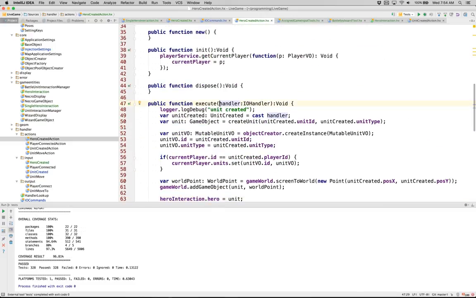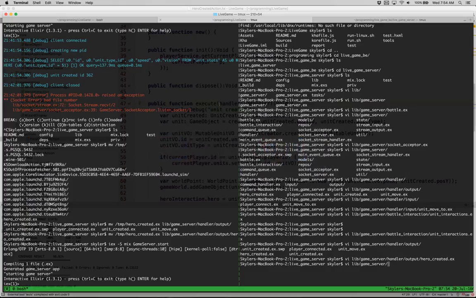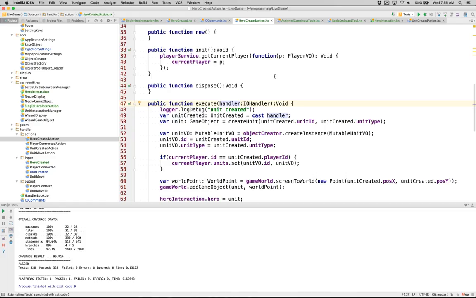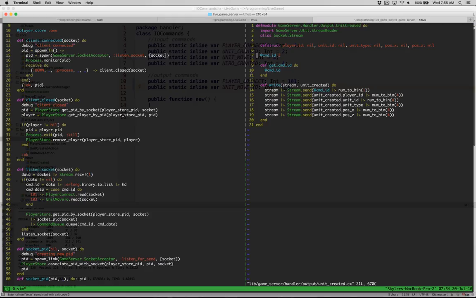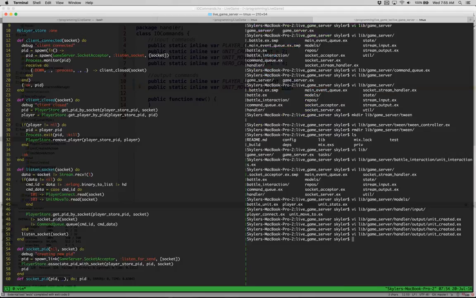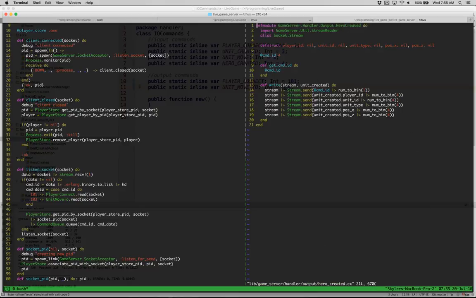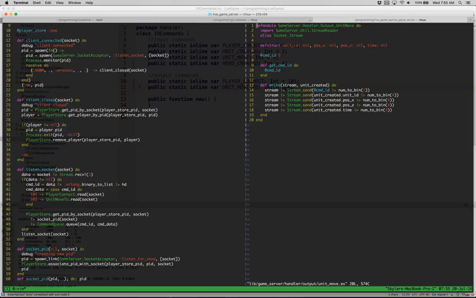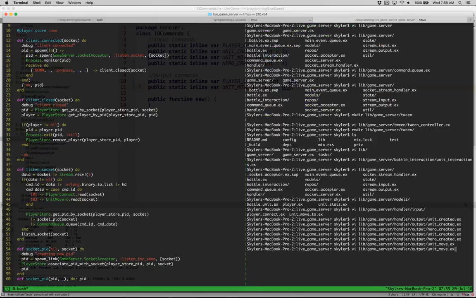So what I need to do is clean up the server side and get all these numbers set up to be the same. So let's go back here to our IO commands so we can see them. We have unit created, which is 2, and we have hero created, which should be 4, and then we have the unit move, which should be 3. It is. And then player connect